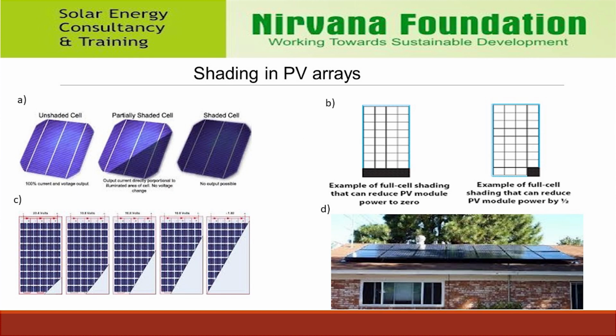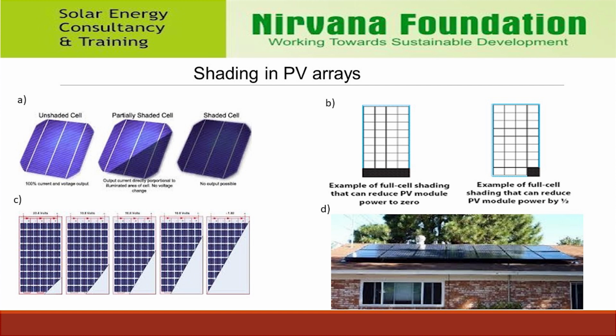Figure A shows unshaded cell, which gives 100% output. Partially shaded cell, where the output current and voltage are directly proportional to the illuminated area of cell. Shaded cell does not generate any output. Figure B shows how shading just 1 out of 36 cells in a small solar module can reduce power output to 0 to